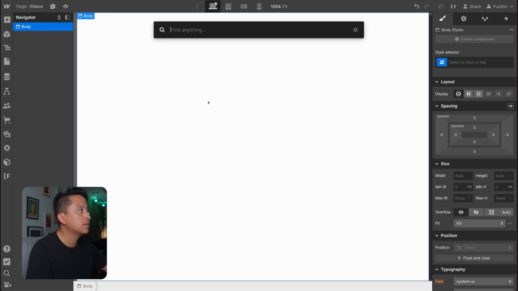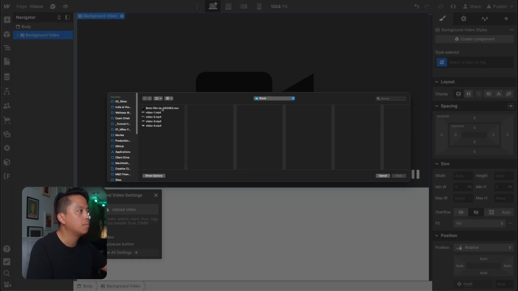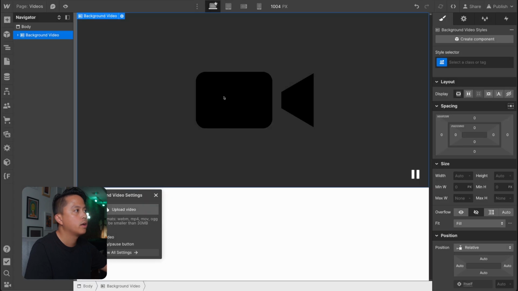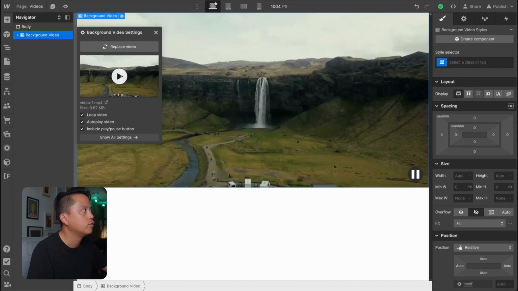So the way you would go about this is you would add a background video element, and then from here you would upload your video, and then Webflow will process it and actually upload it onto their own servers. And then there's this video1.mp4, your file name. There's a little icon here that you can actually click to get you this raw kind of URL address here,